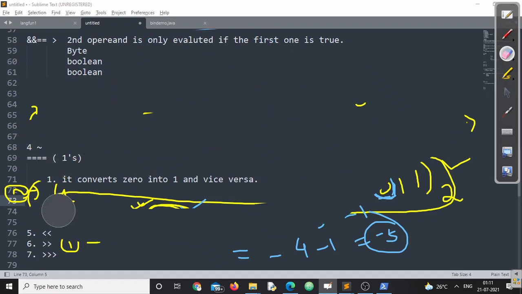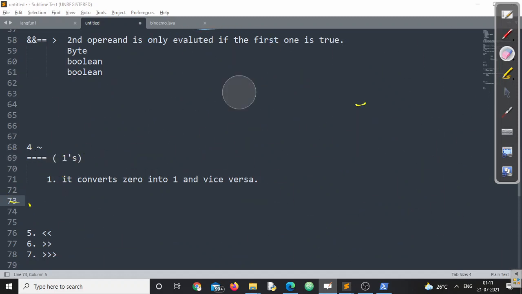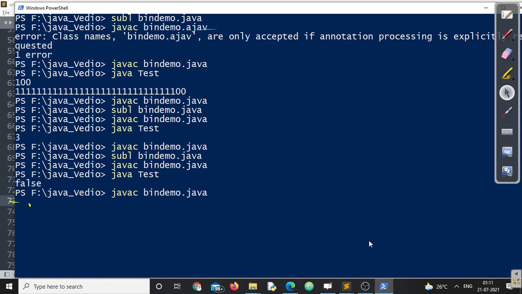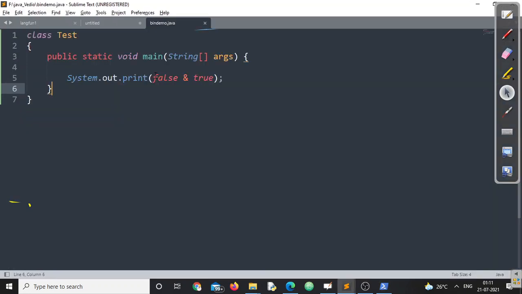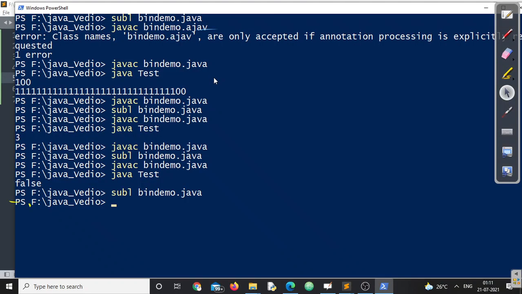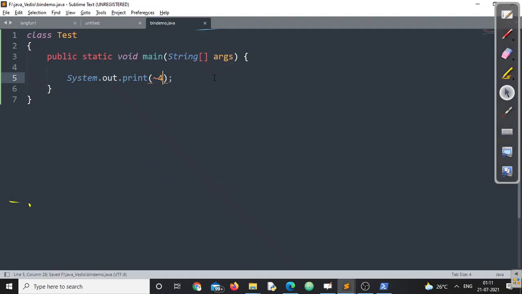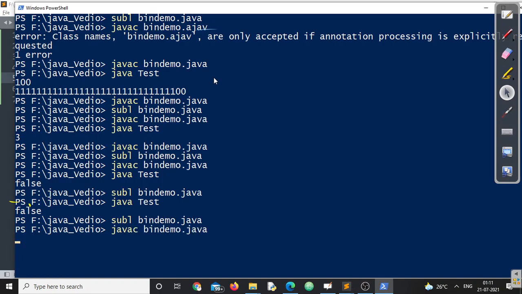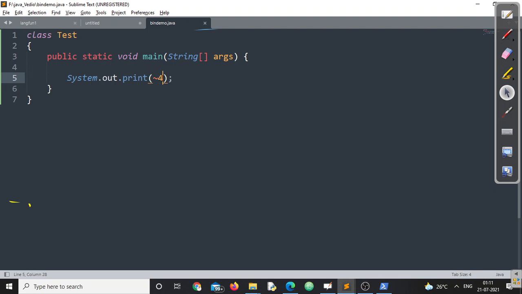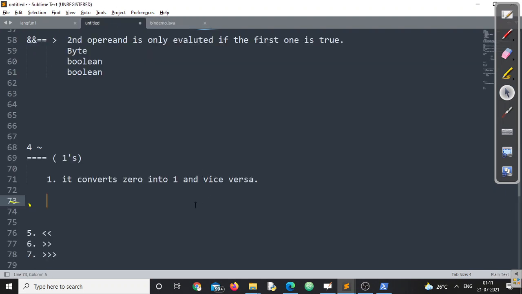Let us cross check this one in our Java compiler. Let's see what our Java compiler says. We can directly write the complement of 4, no problem at all. Let me compile the program. Code compiles fine. Let me test. Now this is fine. This is 5. So one's complement of 4 is 5, and we have already calculated that.